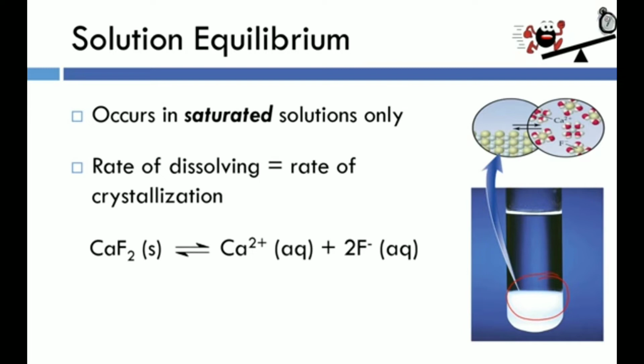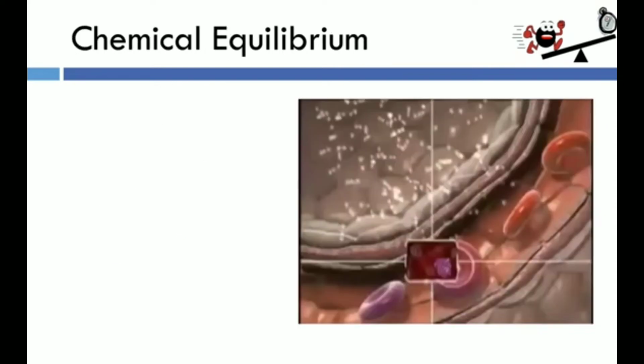So we can write this reversible equation with a double-headed arrow. And if we begin with solid calcium fluoride and we dissolve it in water, it will be in equilibrium with 1 calcium ion and 2 fluoride ions. Since we've already learned about phase and solution equilibrium in previous units, in this unit we're going to focus